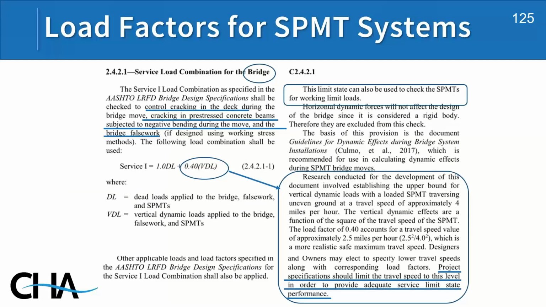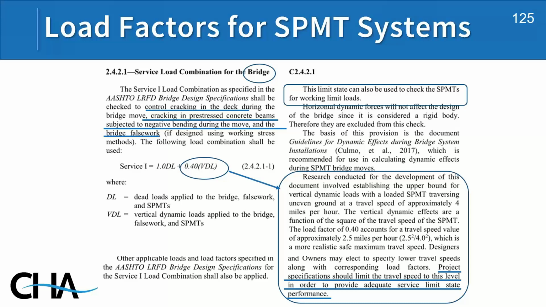So for checking the bridge, we're going to lift the bridge at these pick points. We need to make sure that we don't crack the deck excessively. You could use provisions similar to continuous girder design for this check. But the question is, how do I calculate the forces acting on the bridge when it's being driven down the road on SPMTs? So we recommend a Service 1 check for cracking in the deck using a 1.0 load factor